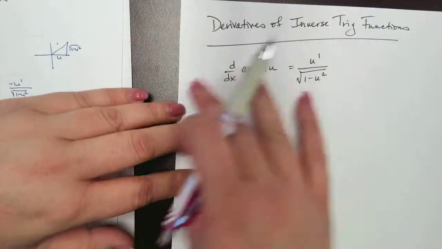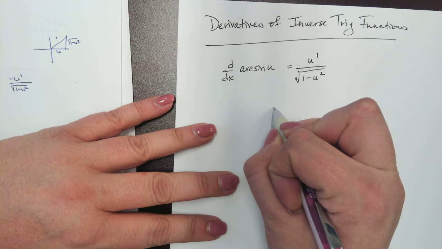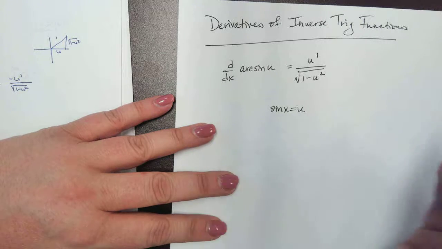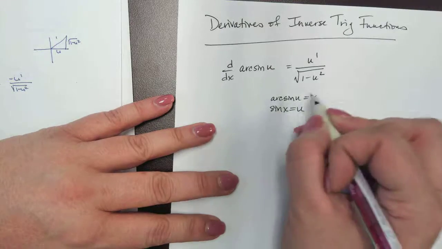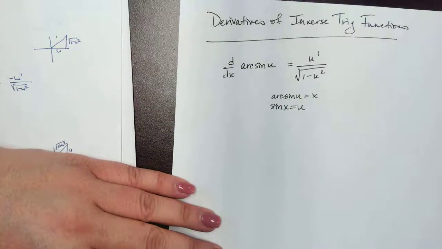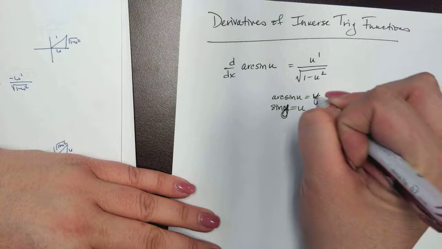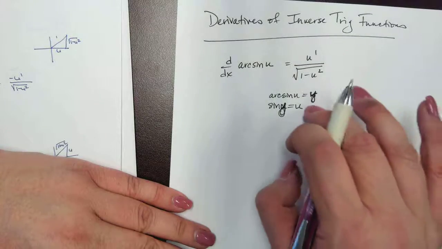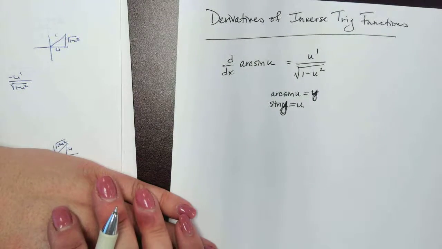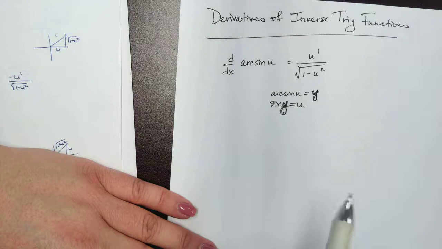Let me derive how this came about. If I said arc sine u equals x, I could rewrite that as sine x equals u. Actually, let me change it to a y, because then we'll find y prime, and that makes more sense. So this is like my theta. Well, sine y equals u, and if I do implicit differentiation,